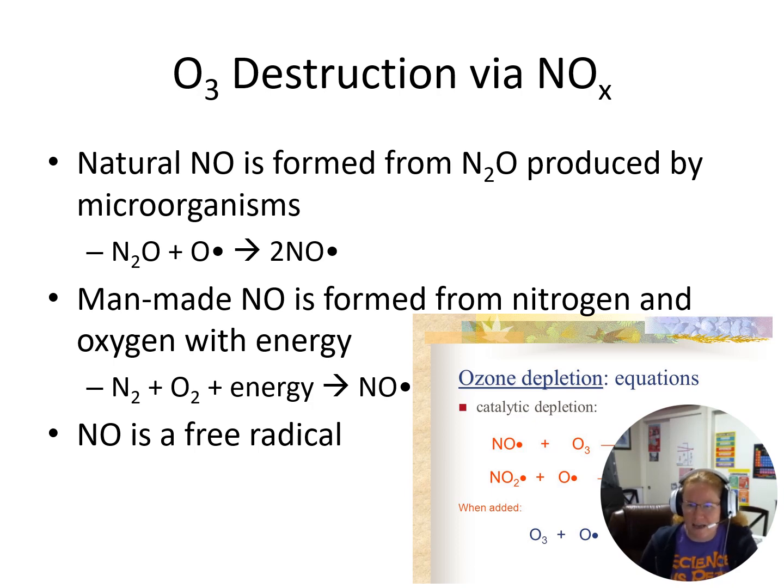natural nitrogen monoxide forms from dinitrogen monoxide that microorganisms produce. And then man-made nitrogen monoxide we get from nitrogen and oxygen with energy. And so nitrogen monoxide is a free radical. There's no way to draw a Lewis structure of it without having an unpaired electron, because if I take nitrogen with 5 electrons and then 6 electrons from oxygen, I get 11 electrons. That's an odd number. There's no way to avoid having an unpaired electron in nitrogen monoxide, so it is a